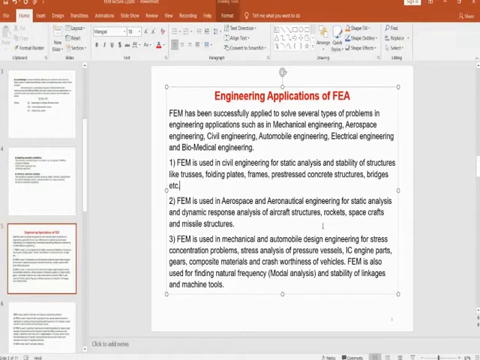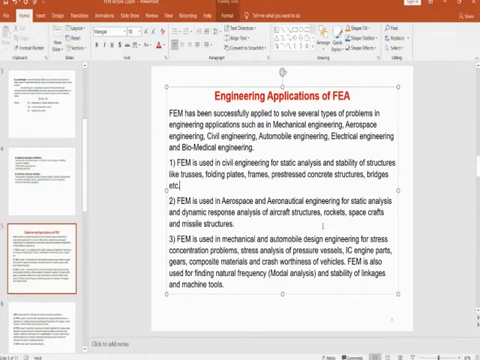Then for stress analysis of different structures like beams, frames, pressure vessels, like big structures, and even in IC engine parts like connecting rod, piston, cylinder block, or crankshaft, for structural analysis of those, and even for gears also FEM is used. And FEM is also used for composite materials.